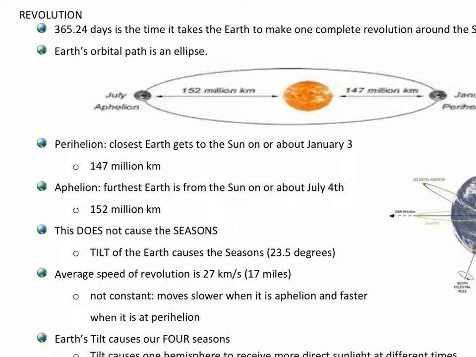So it's counterintuitive. You're all probably sitting there going, but wait, it's cold in January. That has to do with the tilt of Earth's axis, which we're going to get into in the next part of this lesson. So we're closest to the sun in the winter. We're furthest from the sun in the summer. And theoretically speaking, if it was the other way around, our winters would actually be a little bit colder, and our summers could theoretically be a little bit warmer. But I think we like the temperatures we have. Some of you might disagree, but oh well.